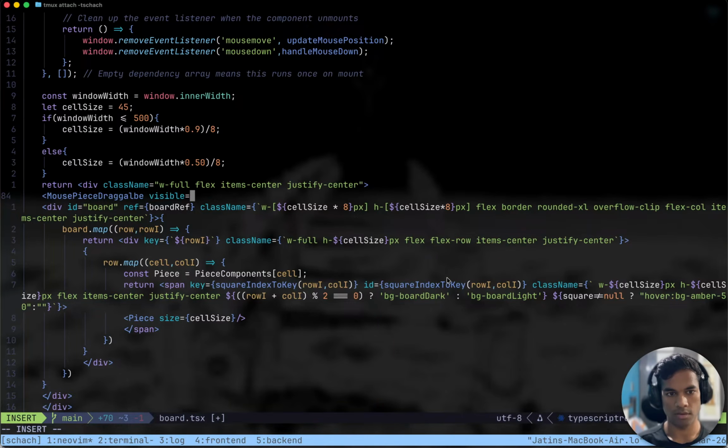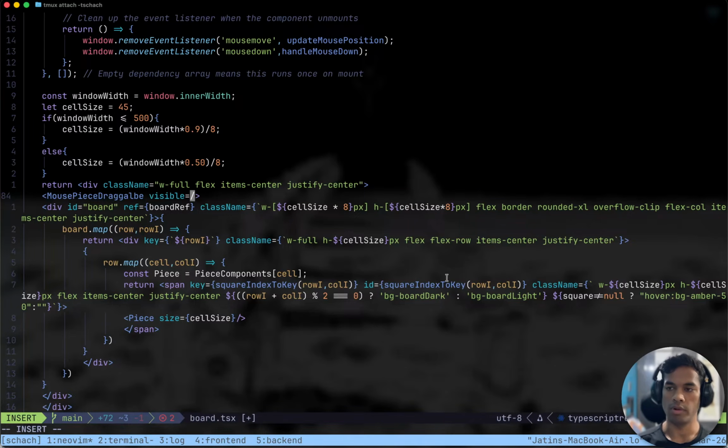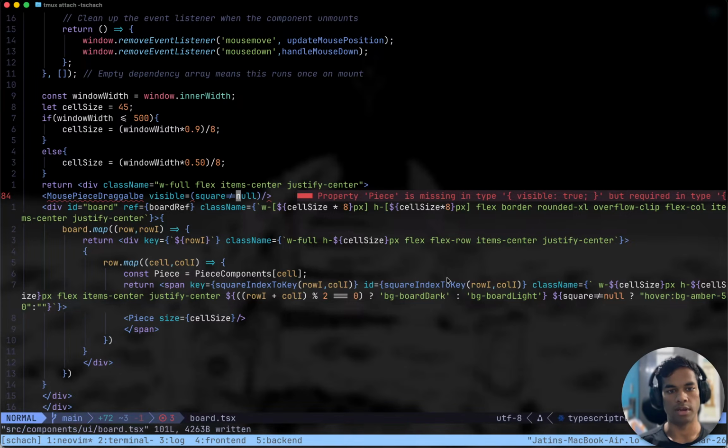Visible equals, if square is not equal to null, then visible is true, otherwise it is false.